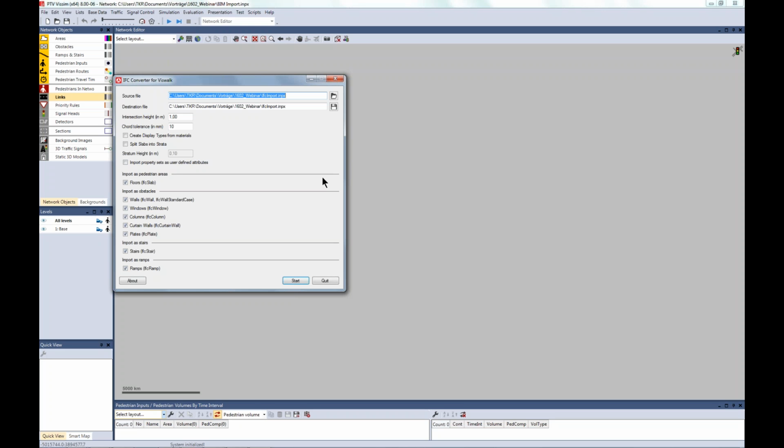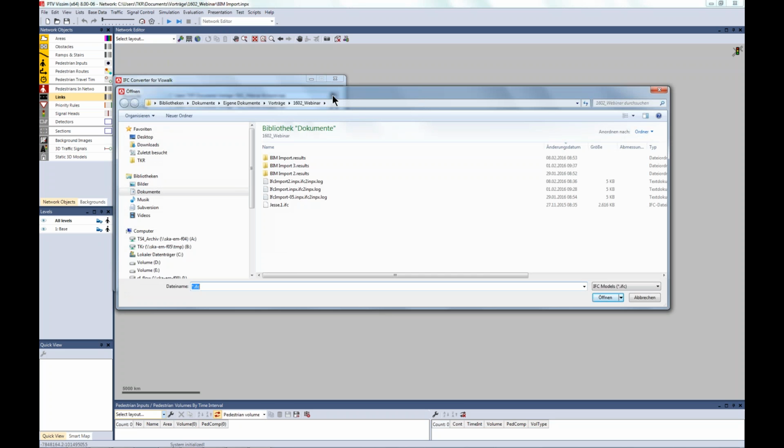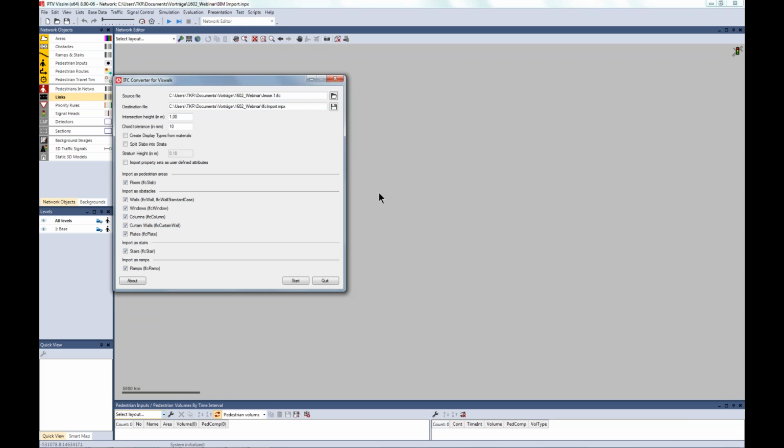The other thing is that we only want to convert the geometry, so the file which is going to be created now as input file of Viswalk does not have all of these default data, display types and so on, but really only the geometry, only what is required, and this then can be added to your Viswalk model without doubling the display types and this data. Okay, so I'm selecting jesse1.ifc as the file to be imported,